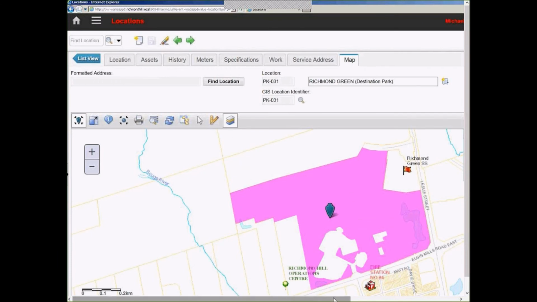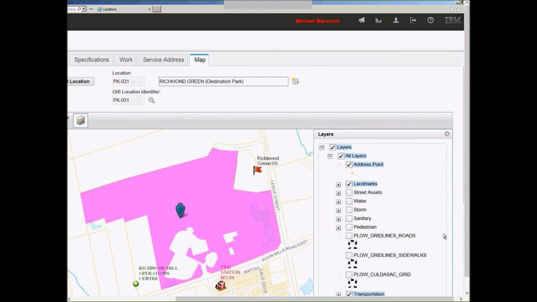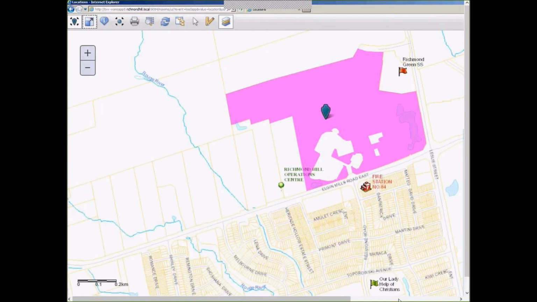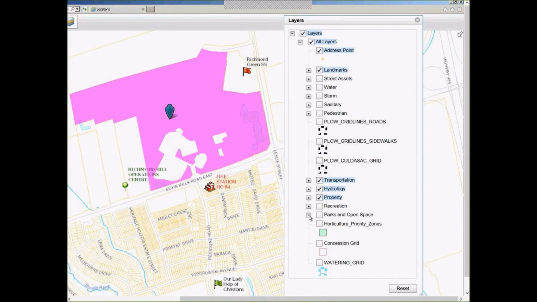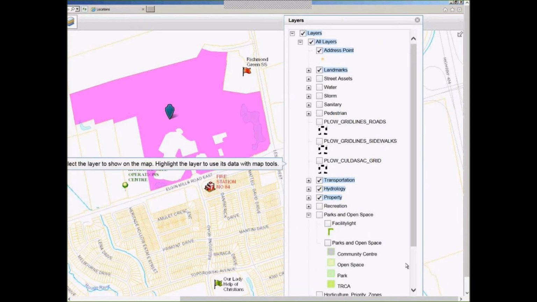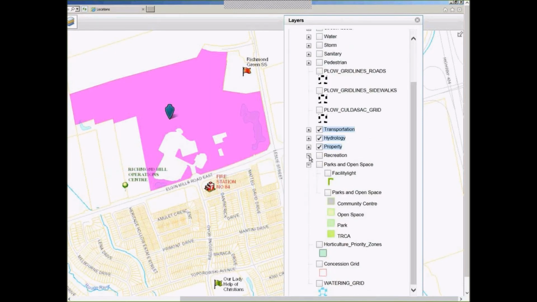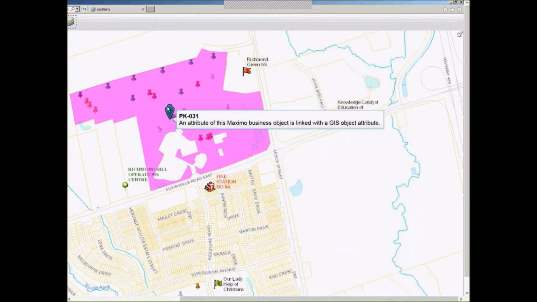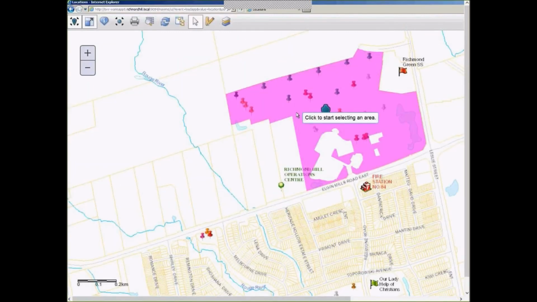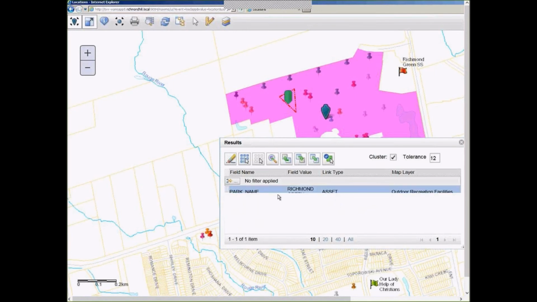If I click on the layers there, let's move this. Let's go to parks and open spaces, and let's turn that on, and we can see all the different soccer fields, baseball fields, and so forth. So what I'm going to do now is we'll do a selection. Okay, we got a selection, and